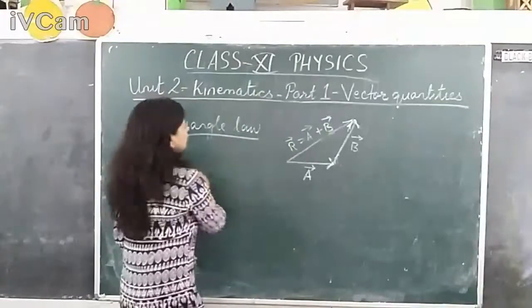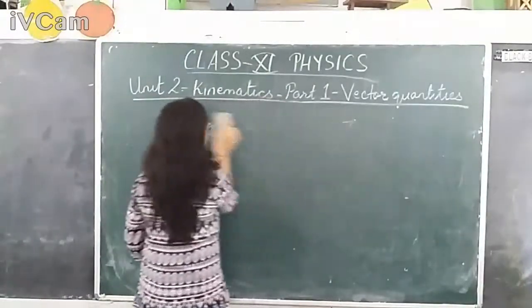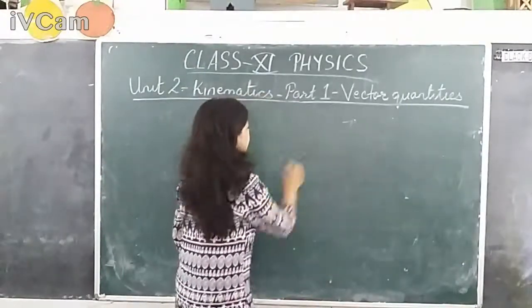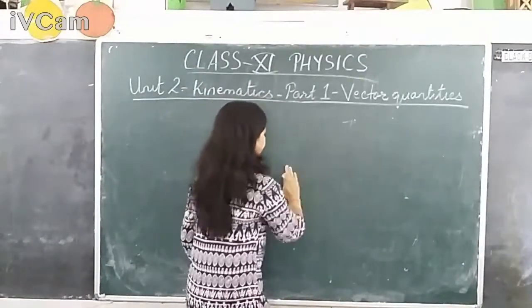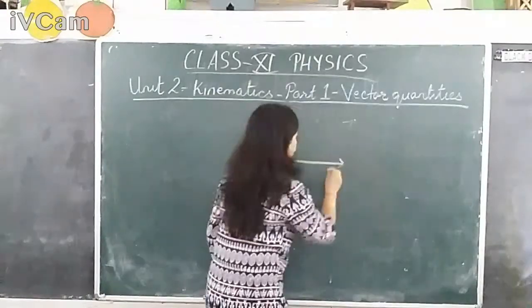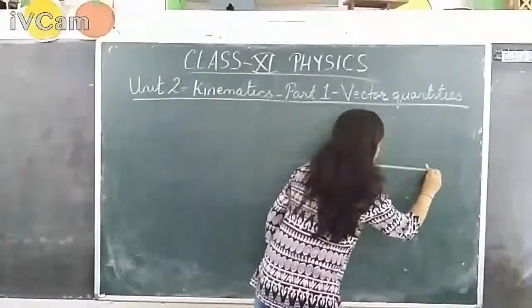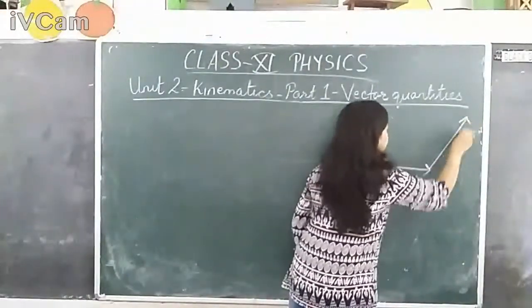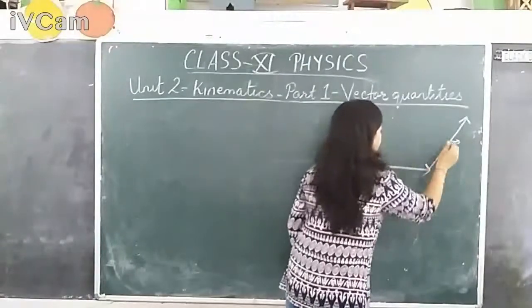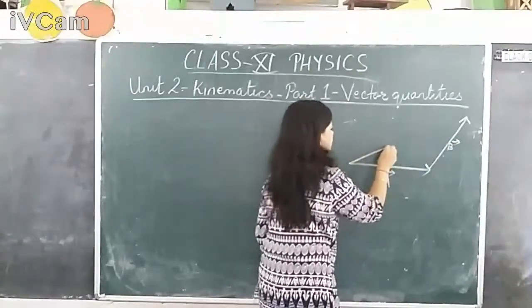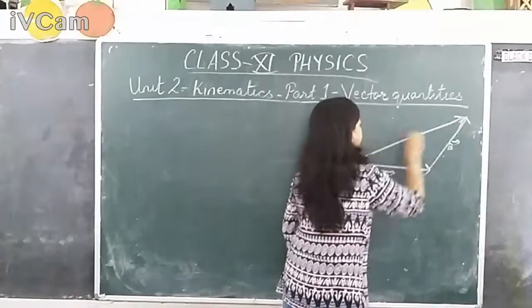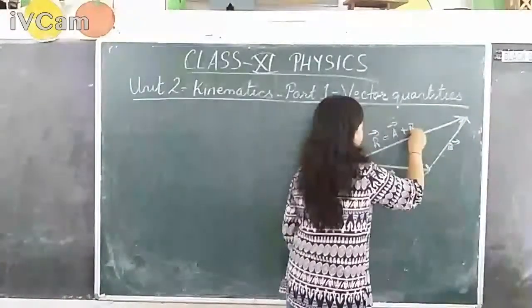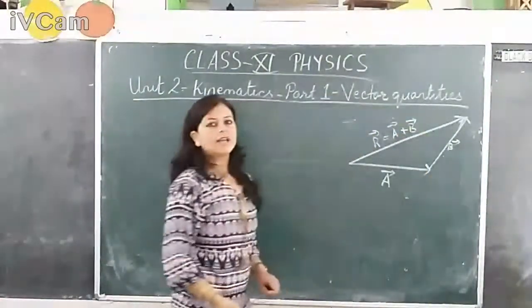Okay. Now we will derive expressions for the magnitude and direction for the resultant vector R. Okay. For that, I will redraw the diagram. Vector number 1 is named as A vector. Vector number 2 is B vector. And resultant taken in the opposite order. This is my R denoted by denotation. It is not the exact value.